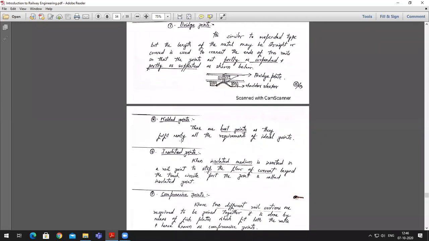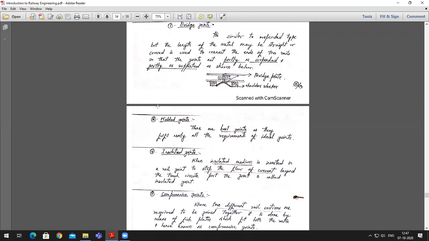Next you have welded joints. The process of welding has evolved to a very great extent these days in railways. As I have been telling you, joints are considered to be the weakest section in a railway track. That's the weakest part that we can expect. I don't say that is the only one, but when compared to the other defects and failures in rails, most frequently the accidents which happen are because of improper joints.